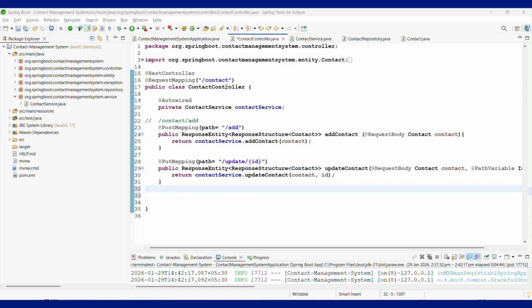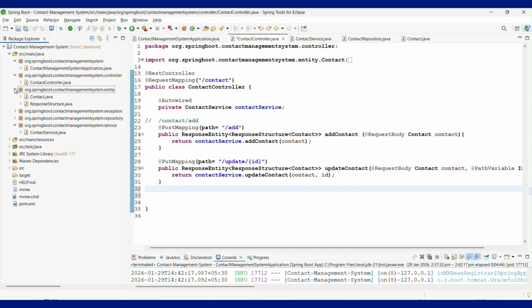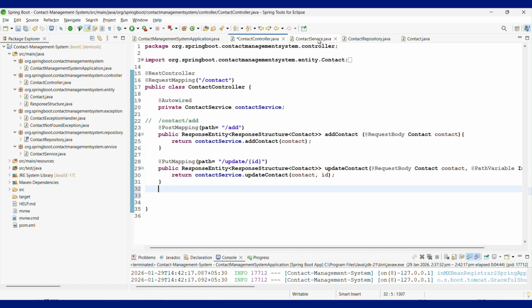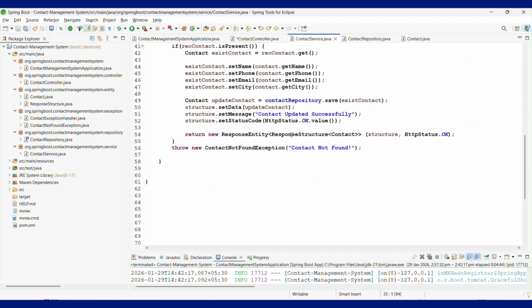In this video, we will implement another API called delete contact details. So before wasting time, let's create this API. If you are getting confused about the structure, this is the structure. Now let's move to the contact controller to service here. Inside of this, Control M,